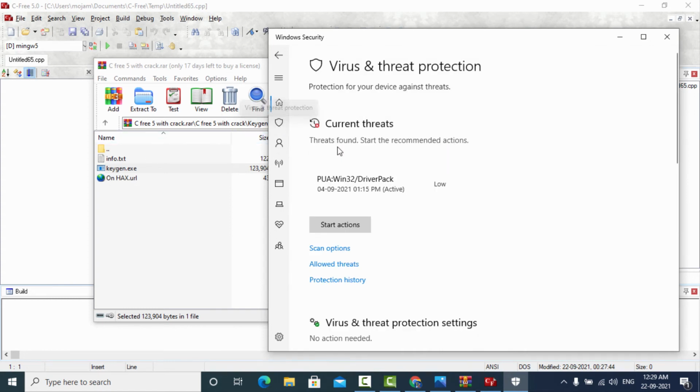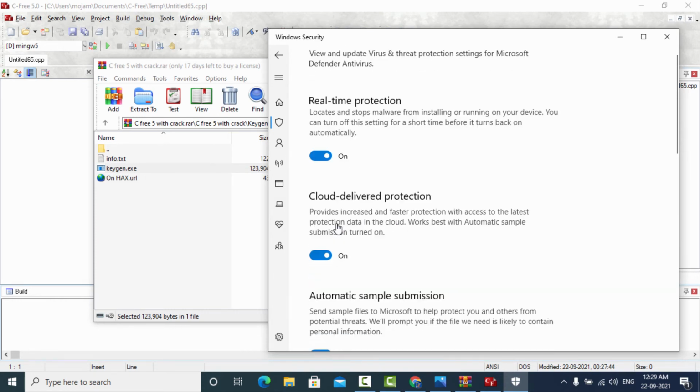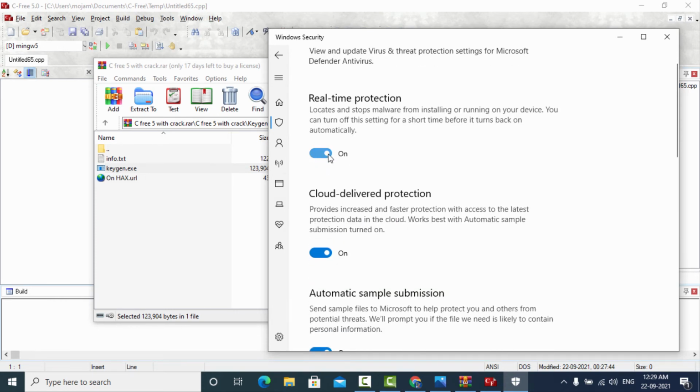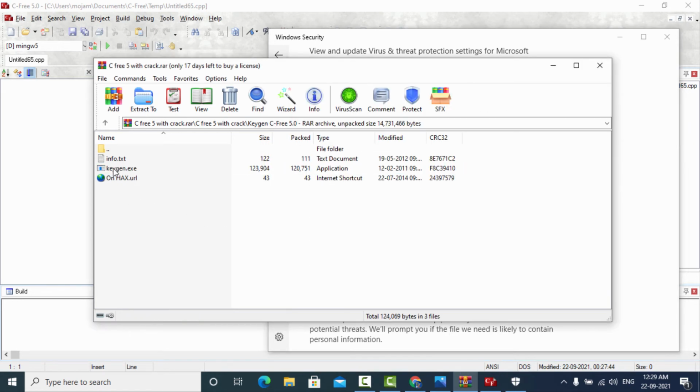So I'm just going to open Windows Security Defender, go to Virus and threat protection, and go to the Virus and threat protection settings. Click on Manage settings, and here you have to click on the off button for real-time protection, so that we can use it very easily and install it.